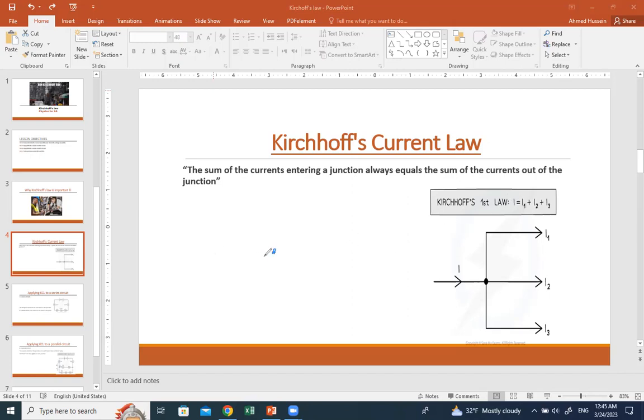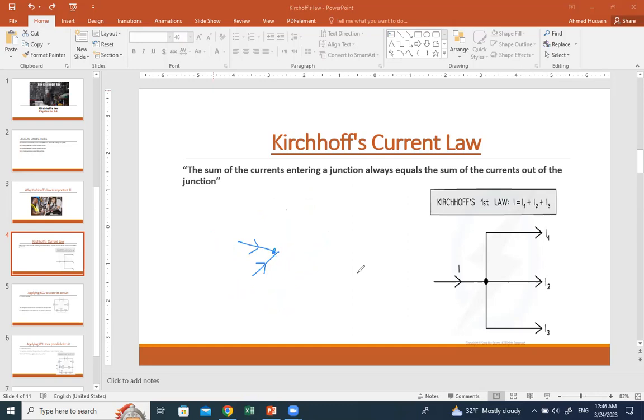If we consider here a junction, and I consider I1, I2, I3 entering, and another three currents going out or leaving the junction, I4, I5, and I6, according to Kirchhoff's law, I1 plus I2 plus I3 should equal I4 plus I5 plus I6. I think it's simple. Let's see